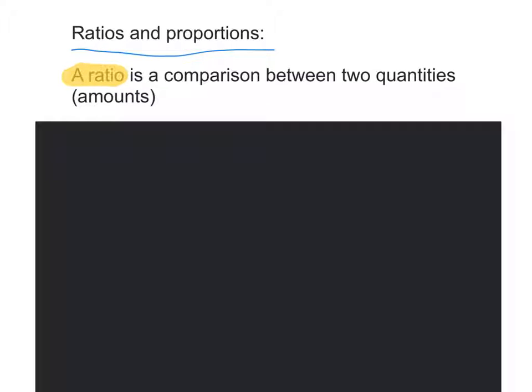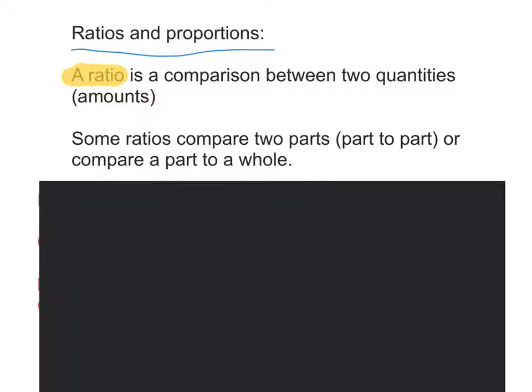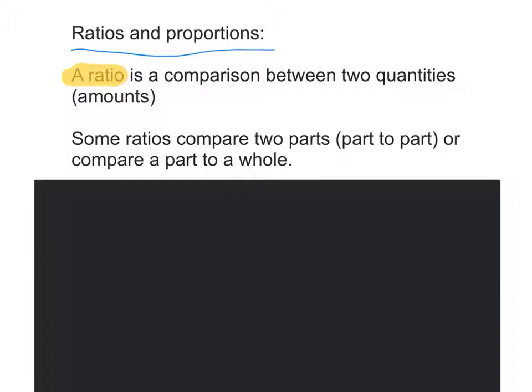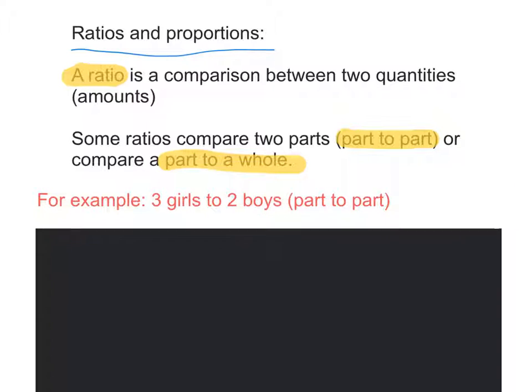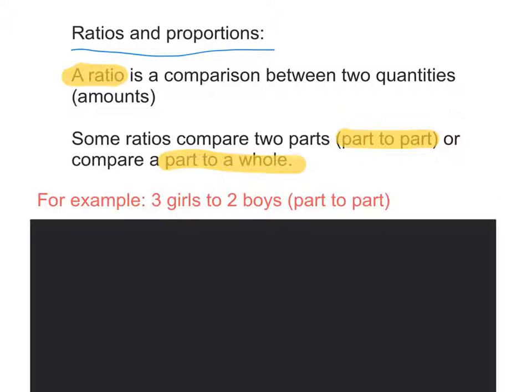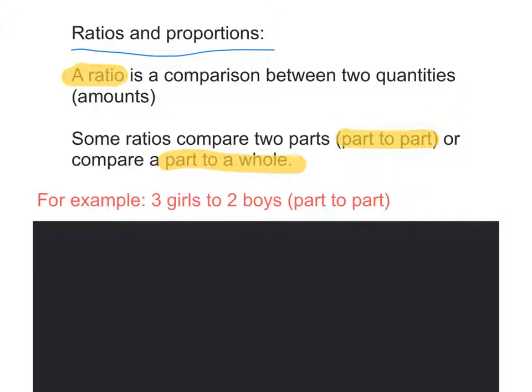The next thing that you need to know is that some ratios compare two parts, and those are called part-to-part ratios, or sometimes we compare one of the parts to a whole. For example, we have 3 girls to 2 boys. That's a part-to-part ratio. We're comparing girls to boys. They're both parts of the whole. Okay, so we would write that ratio